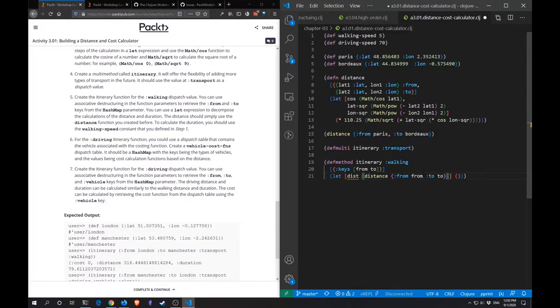This would return a distance, and then we can calculate the duration using